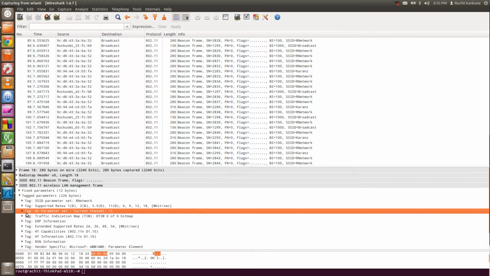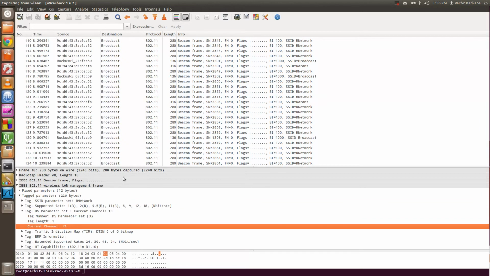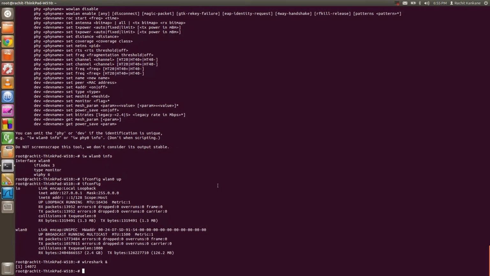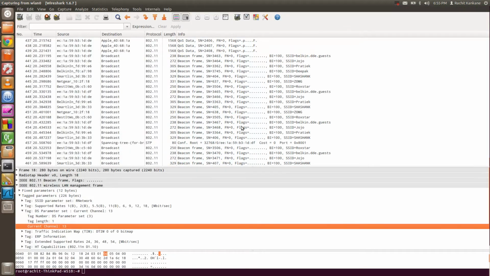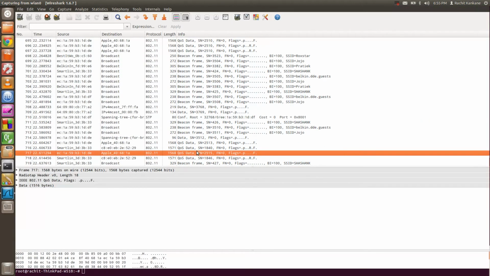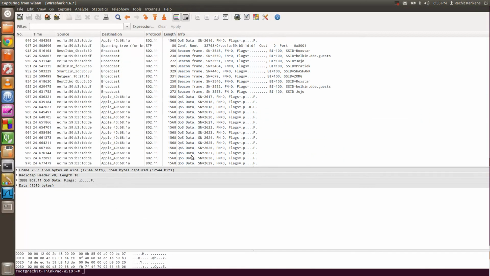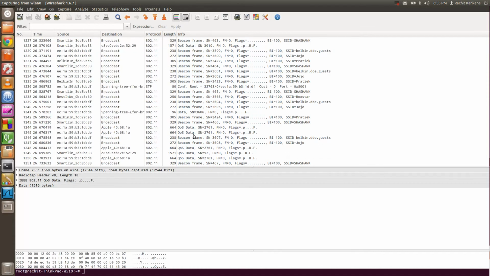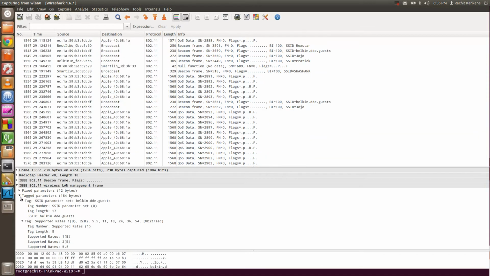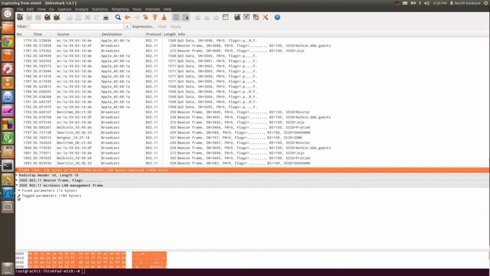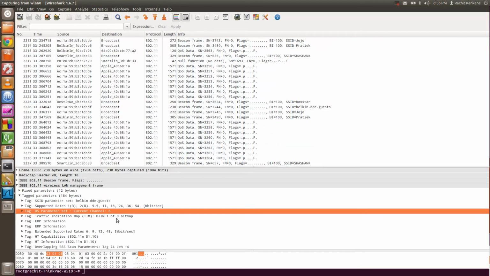Now if you want to capture the 802.11 log at channel 6, we run iw dev wlan0 set channel 6, and then we can see this has changed to channel 6.